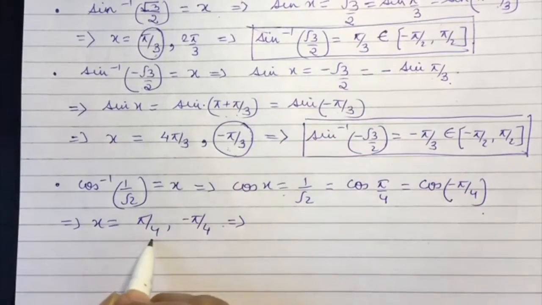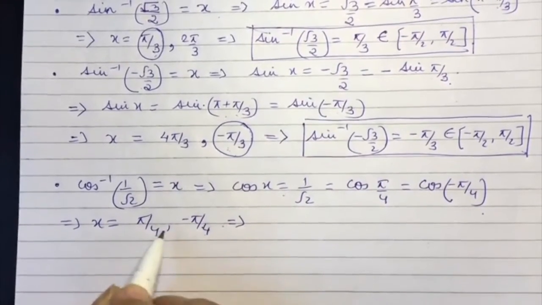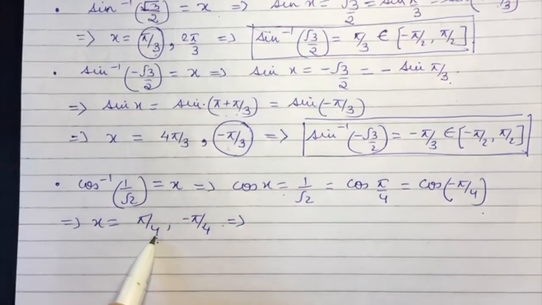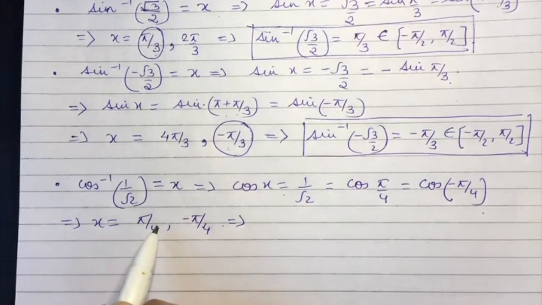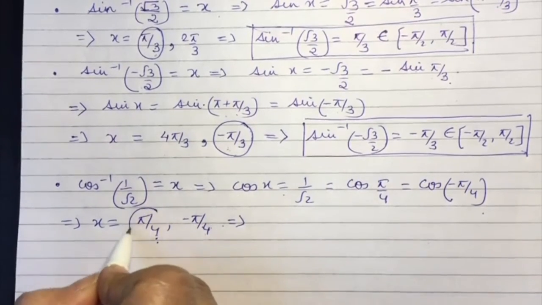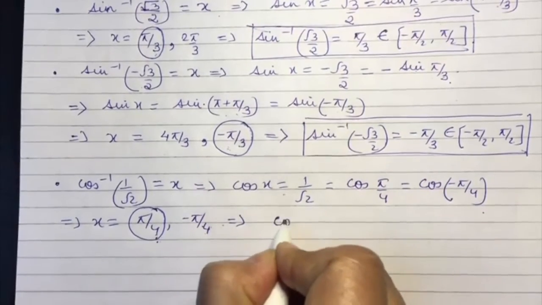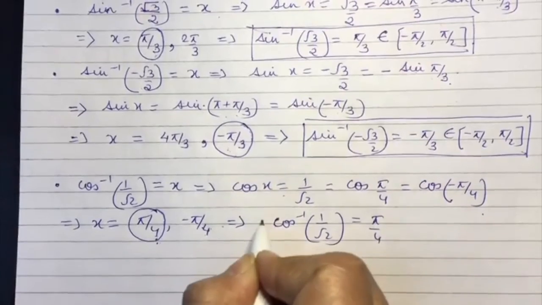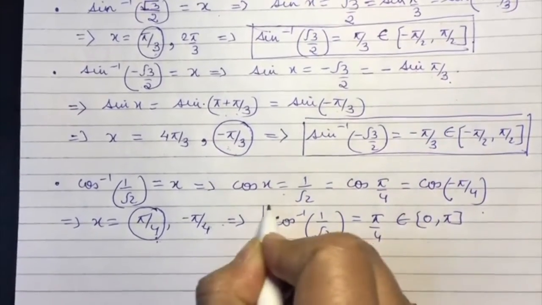Now we have to choose the value which belongs in the principal range. The principal range of cos inverse is 0 to pi, which is the first and second quadrant. So the value to be reported would be pi by 4. So we write cos inverse 1 by root 2 is pi by 4, which belongs to the principal range, which is 0